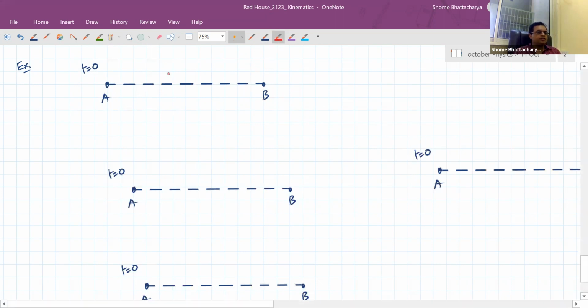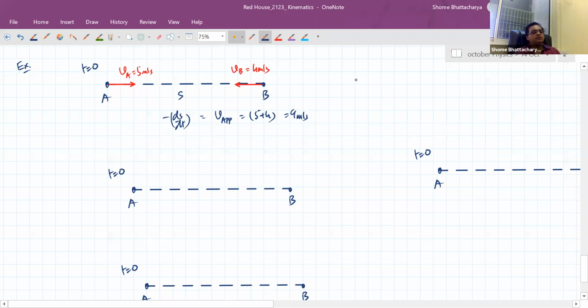So now in the first case, let's say the individual velocities of A and B are like this. So this has, let's say, a 5 meter per second velocity like this, and this has a 4 meter per second velocity. Okay, so in this case, we can see that they are approaching each other. You can see that minus ds by dt, because s is decreasing, or approach velocity will become how much? It will become 5 plus 4 or 9 meters per second.